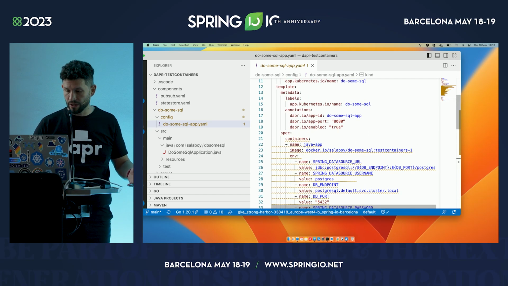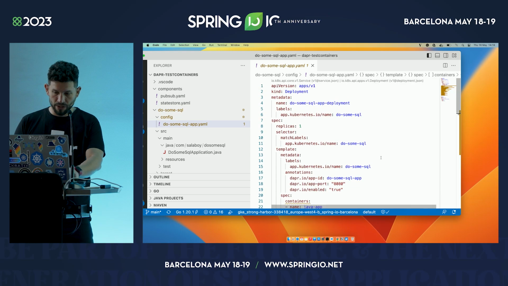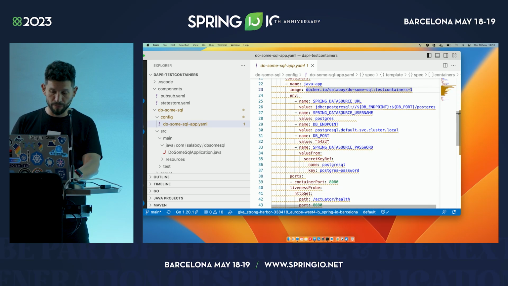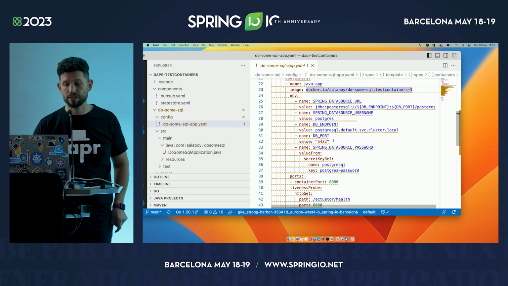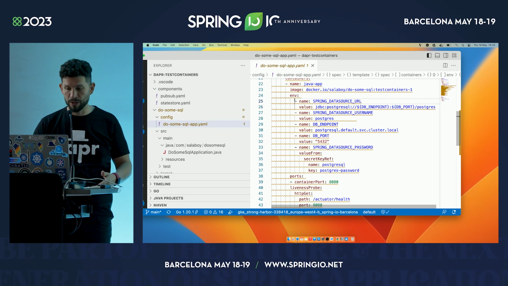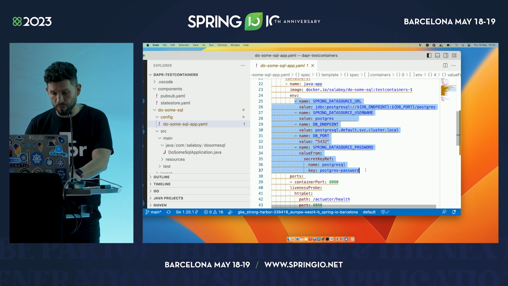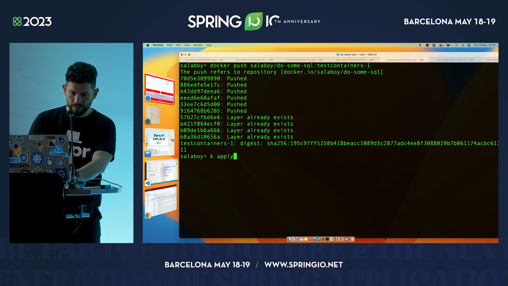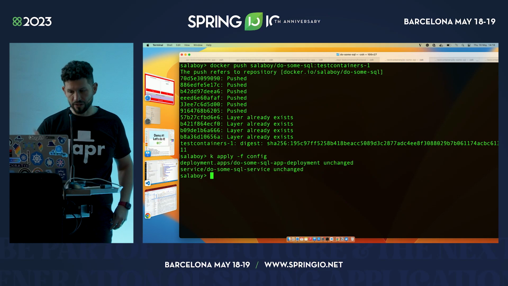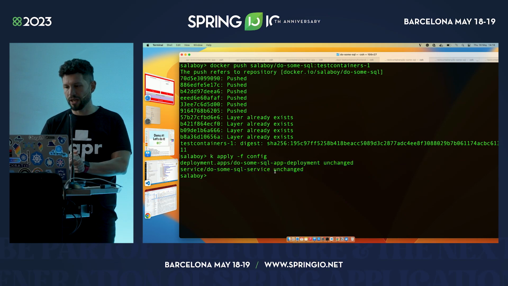So as you can see here, the only thing that I'm doing is making sure that I'm referencing the right container that I want to run. And then I'm just parameterizing all these variables and values so my application can connect to a PostgreSQL instance that is running inside my Kubernetes cluster, right? So it's actually setting some environment variables. As we mentioned before, this is kind of on the 12-factor side of things. You can connect to a remote database. This is pretty good, and I can do apply, right, like config here, and that's going to basically deploy my application. It was deployed before, I think, so it should be up and running.